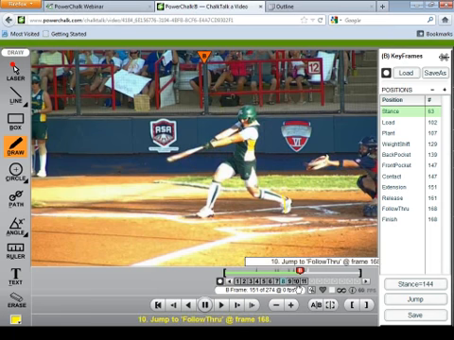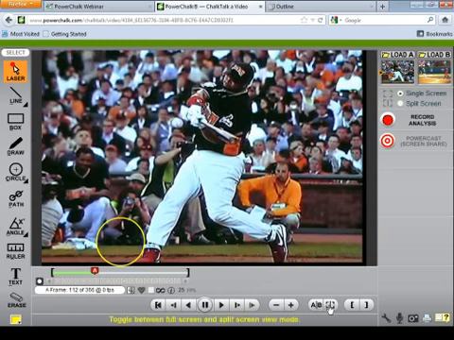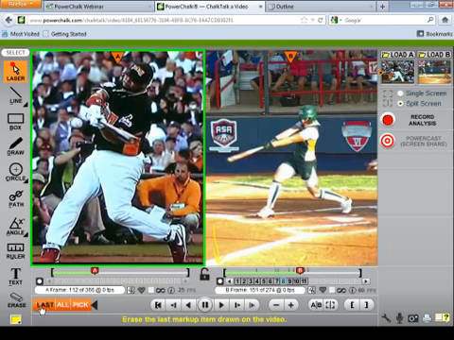What it gives you is a tool that, instead of Katie Cochran having to take your daughter's video and try to match it up by dragging the playhead back and forth, you can literally just code those videos and then be able to snap them together very, very quickly. Those are very easy to use. It doesn't take very long, probably about 30 seconds to code a video, but it makes a lot of difference if you really want to focus in on one particular aspect of that swing. And all the while, I can still go back and split screen them and be working side by side with one of the best hitters in the big leagues.